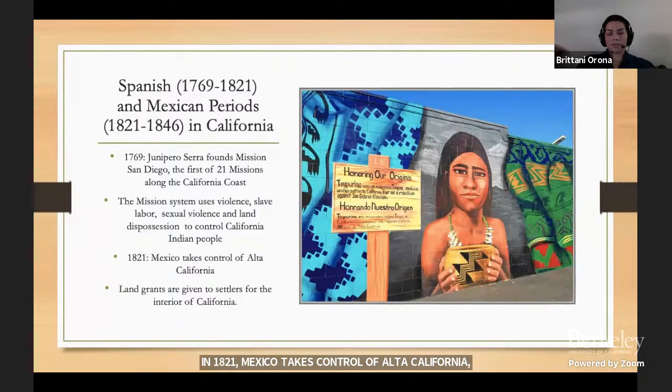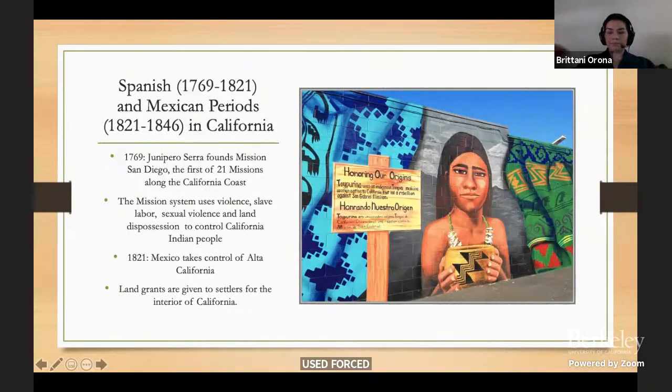And through this, you see the secularization of the mission system, and then land grants are given to settlers for the interior of California. So where I'm located, on Nisenan and Miwok lands in the Sacramento Valley, John Sutter, who's well known in this area, obtained a land grant, became a Mexican citizen, and used forced Indian labor to